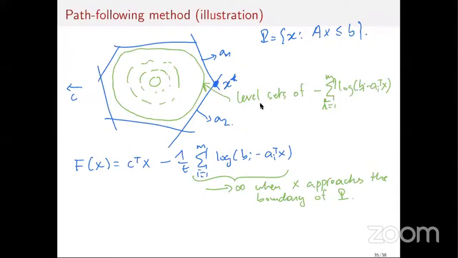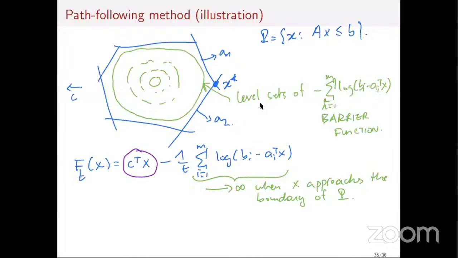Okay, so now the idea of path following methods is the following: you take this function, which is usually called the barrier function, and you add it to the objective function that you want, which remember is c transpose x. This is the function that we want to minimize on the polyhedron. Okay, and so if I call this function f_t of x,